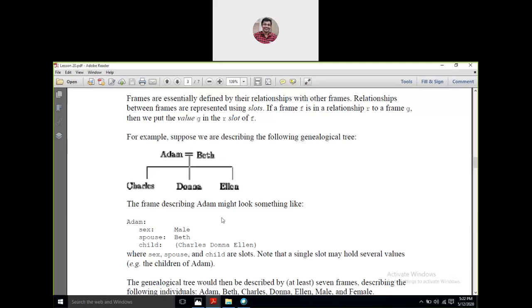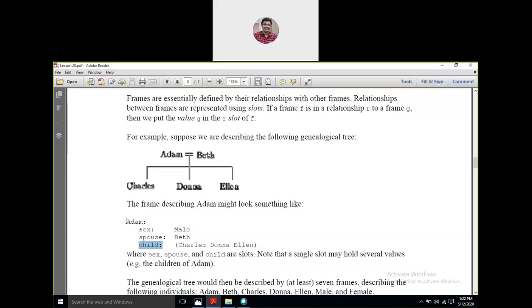So now the frame description of Adam might look like, if I'm going to make out a frame for them, what is the basic step for this? I have to define the slots first. So to make out the slots for this particular genealogical tree, this is not a frame, this is just a tree description of a particular individual, right? Now this individual Adam out here has got a wife and he has got 3 children. So if I am putting up the classes under which I can club them up, then they are the sex. The sex of all of them can be subdivided as male or something else, right? Their particular sex, their particular spouse name, that means Beth, and the child.